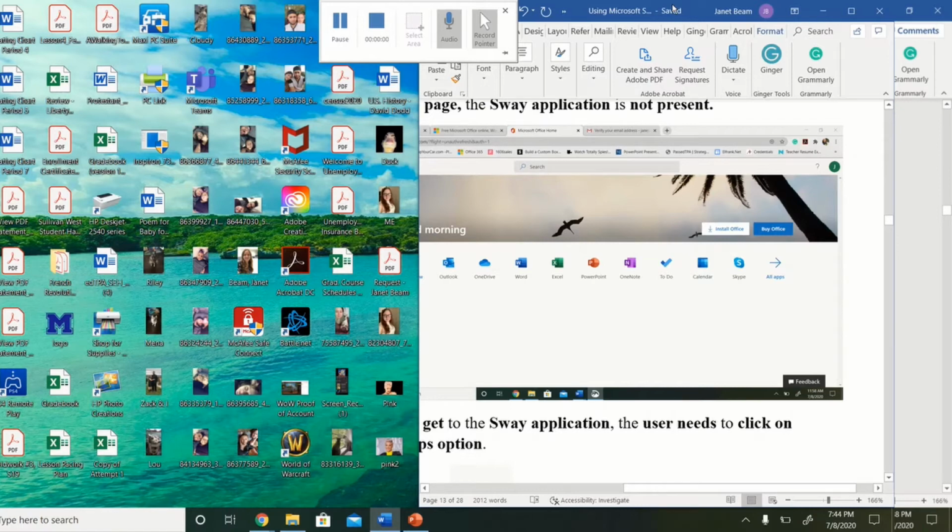Now, when you go onto the main screen, the first thing you'll see if it's your first time using it is it says, say hello to the app launcher. You can read the information inside of this section, and when you're done, you can click Got It. Then, after you hit Got It, it will give you the view of the full Office Online selection of apps. So this is where I'm going to pick up,